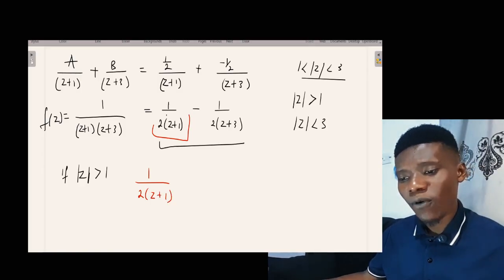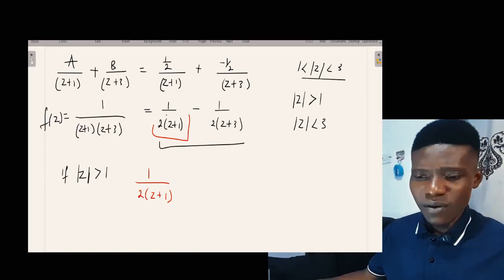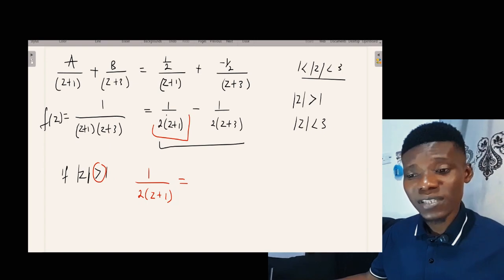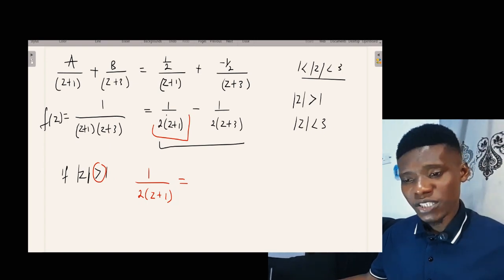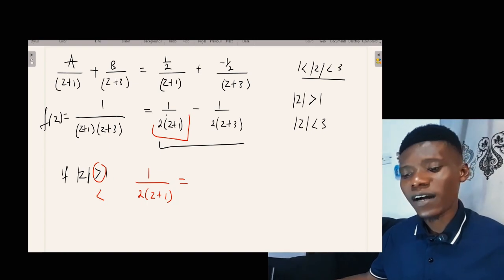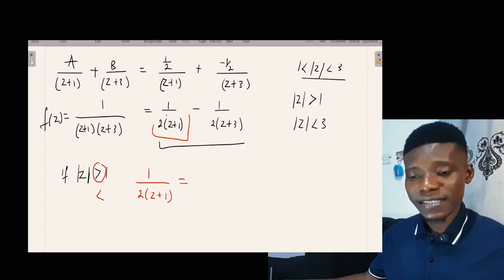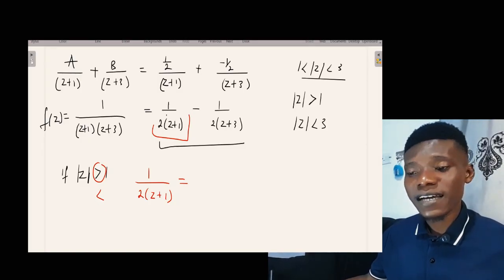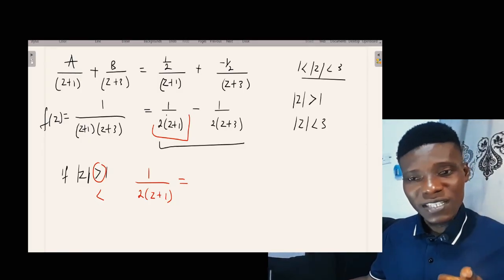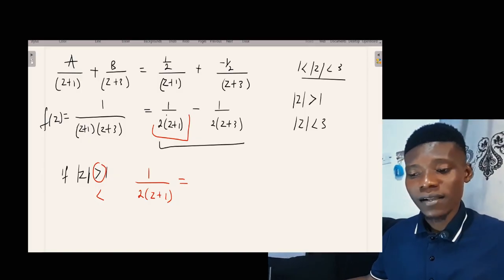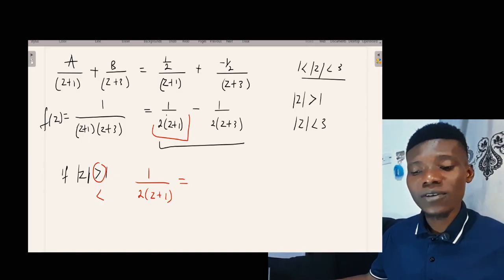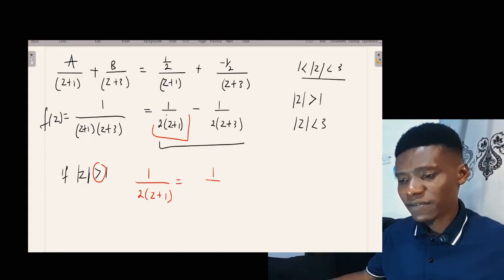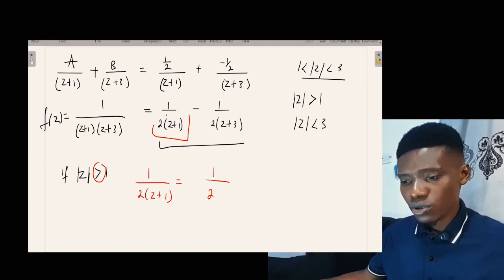If you simplify this further, you need to take note of something. Whenever you are dealing with greater than, at this denominator point, you factor out z. But if you are dealing with less than, you factor out the constant. Let me take that again. If you are dealing with greater than, you factor out z. But if you are dealing with less than, you factor out the constant, that is 1 or whatever the number may be. Now, let's factor out z since we are dealing with greater than. And that means we'll be having 1 over 2z into